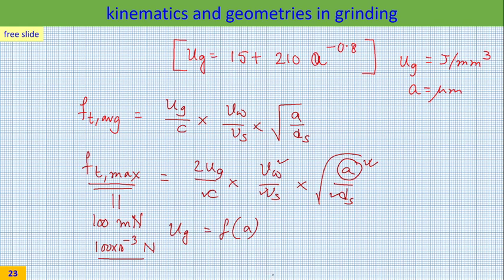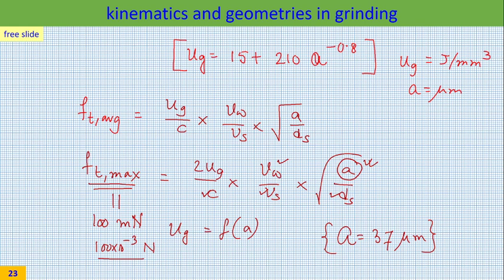What do you mean by maximum potential of the grid? Say, for example, I am giving you an example. A comes out to be 37 micron. I do not know the answer. So if you use it at 20 micron, then bond fracture will not occur because FT max will not reach. If you use it at 10 micron, bond fracture will not occur. Would you not use it at 10 and 20 micron? Yes, definitely. If your requirement says that 10 and 20 micron has to be used, fine.